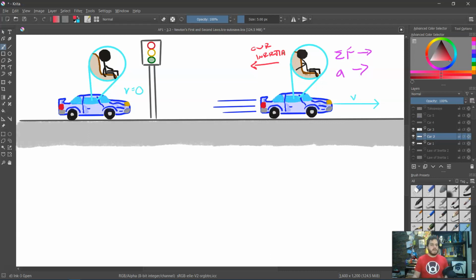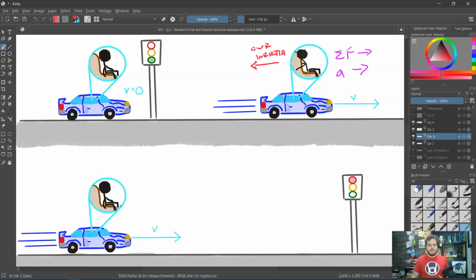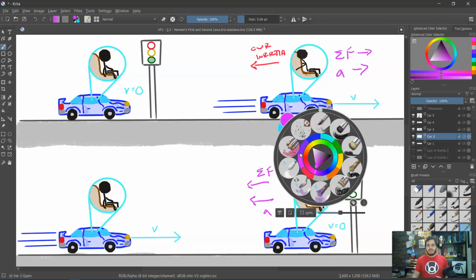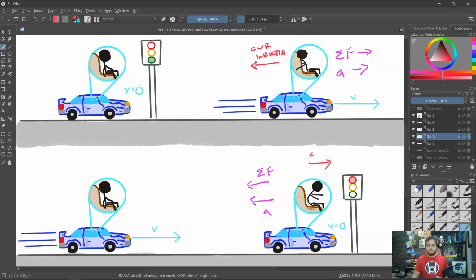The reverse happens when they come to the next red light. Let's say once again they're a risky driver and they are coming along, and now you're moving at a constant velocity, everything seems pretty chill. There is no net force, there is no acceleration, you're just moving at a constant velocity, so your body is able to move around as if there's nothing strange happening. But when they hit the brakes and you quickly slow down, the acceleration is backward, the net force is backward from the brakes, causing the car to slow down,